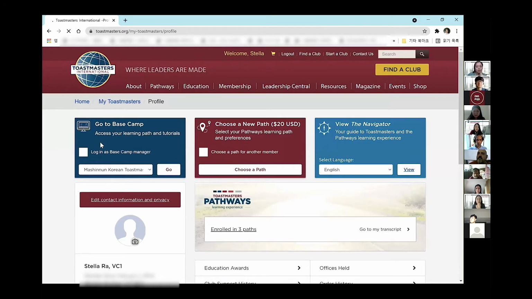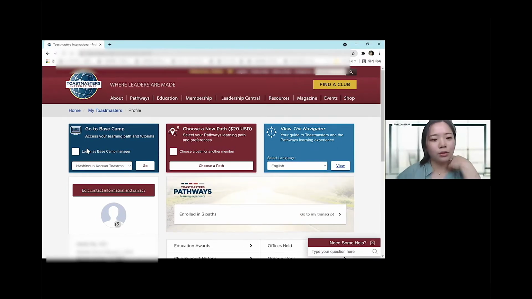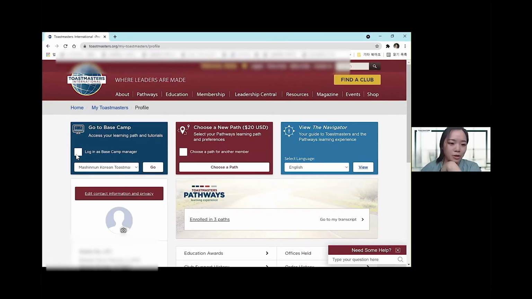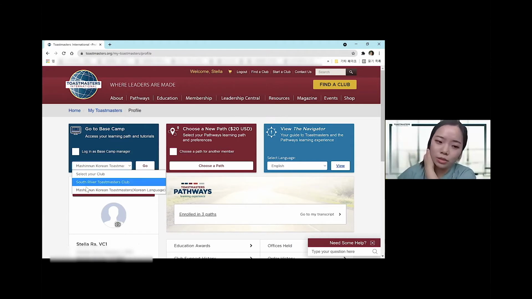As you can see, there are other ways to access Basecamp, but I recommend this way because it is one step simpler than the other one. Go to Basecamp here. If you're a dual member, you can choose between them, but if you're a single club member, then you don't need to choose.